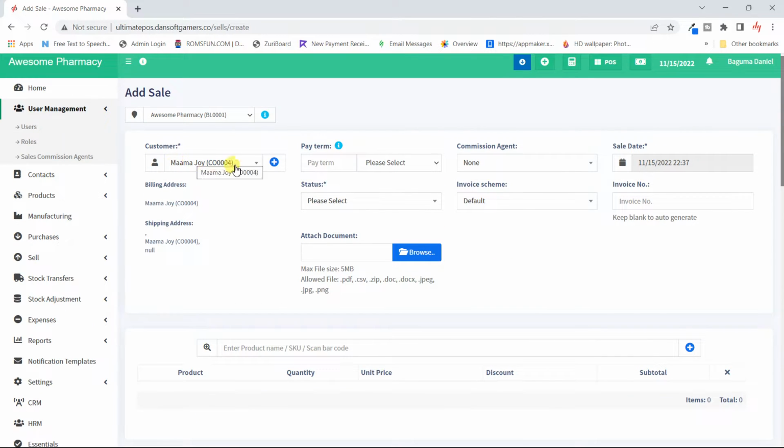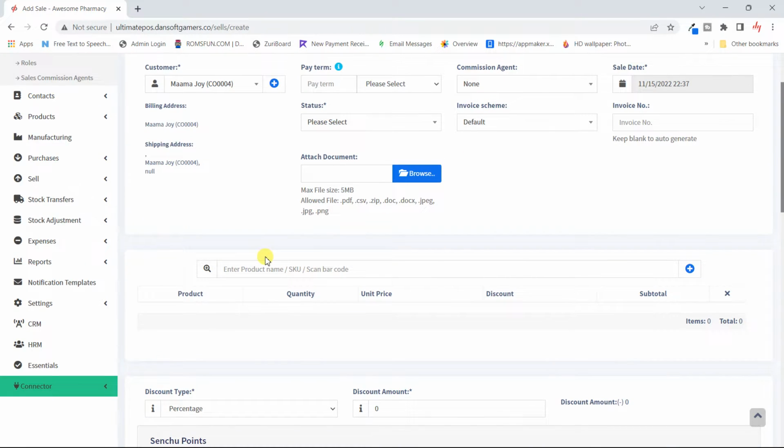After adding the user, this we don't need because Mama Joy doesn't have an account with us. Pay term is for payments to be paid for the purchases over a given time. You could use that part in case there is a payment term that you've set up, and maybe you send him your products and say you'll be paying us maybe 50,000 at the end of every month or every year or every week, depending on what you state here. But we don't have any payment terms for Mama Joy,